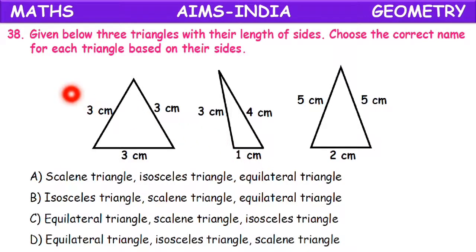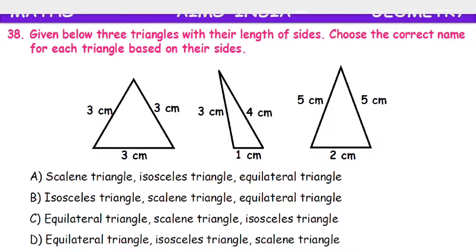And coming to the last question for today, question number 38. Given below are three triangles with their length of sides. Choose the correct name for each triangle based on their sides. Now this, children, we haven't covered, but here let us learn about this topic. Depending on the lengths of the sides of a triangle,